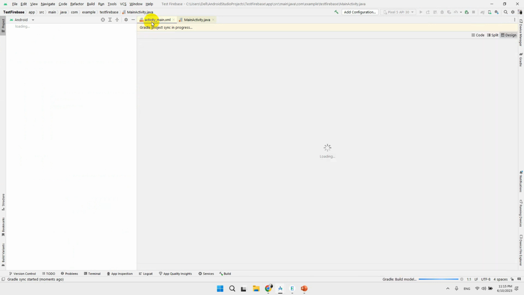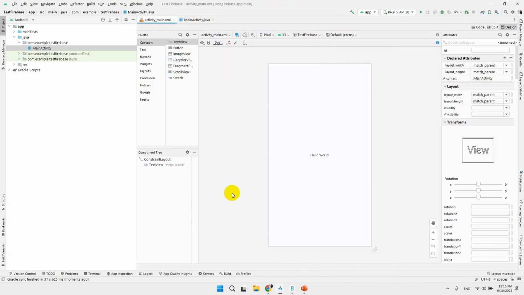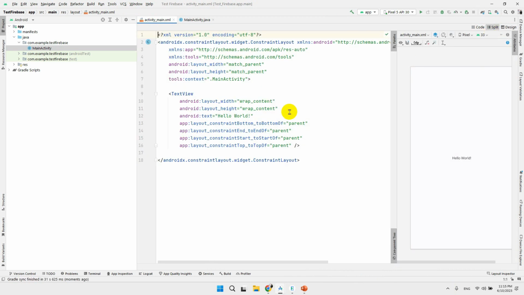the first user interface that we have to create is sign in screen. So how to create a sign in screen? Let this Gradle finish its task. The Gradle has finished its task, and just switch this view to the code, XML code that we will use